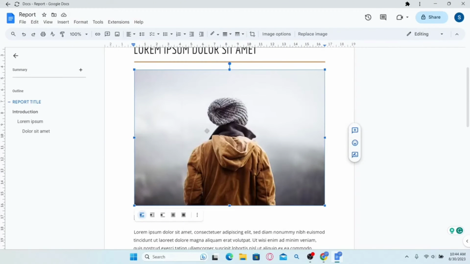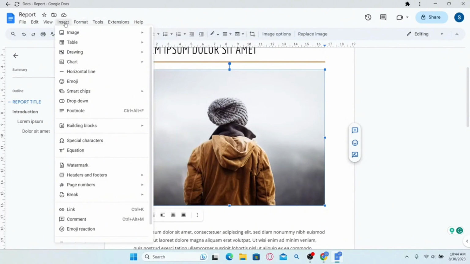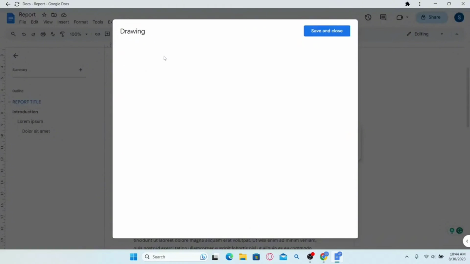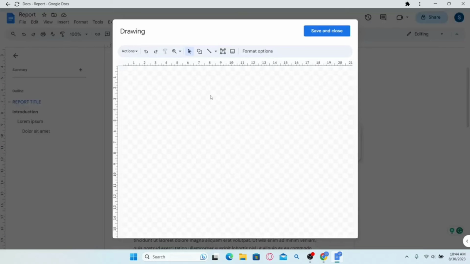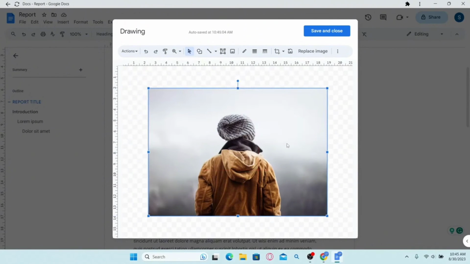Now once you have copied your image, simply click on the Insert button at the top menu and then select Drawing. Then click on the New option, and this will take you into the drawing page. Now go ahead and paste the image, and now you can drag this and align it at the center. Once you have aligned your image,